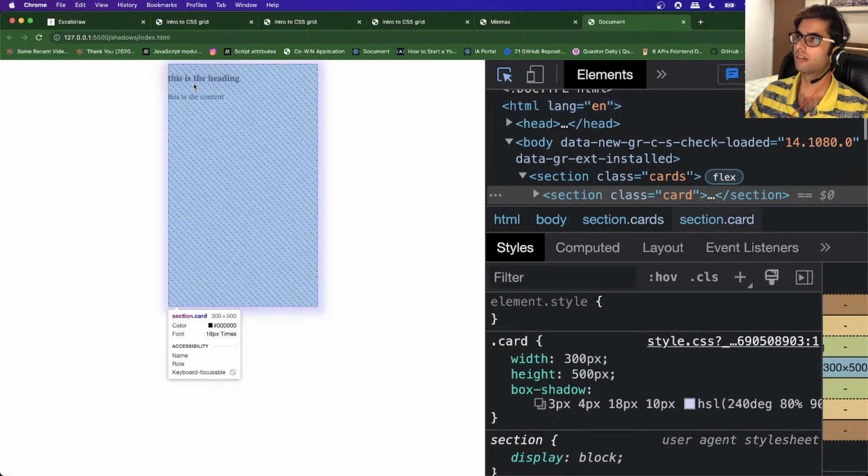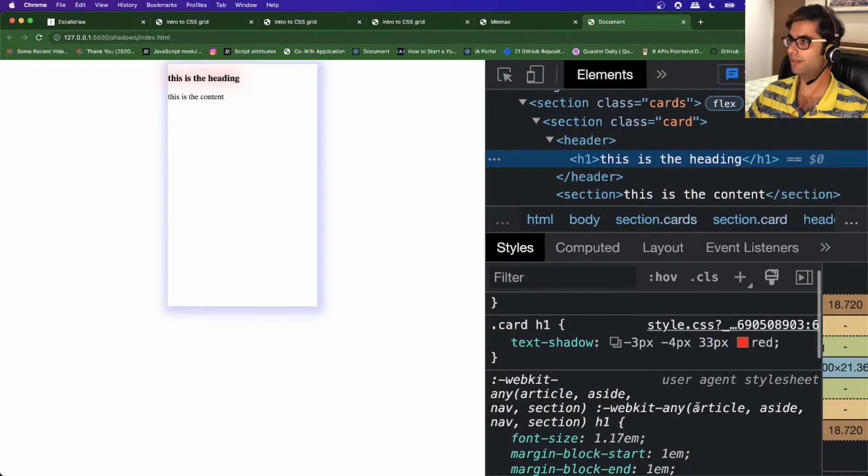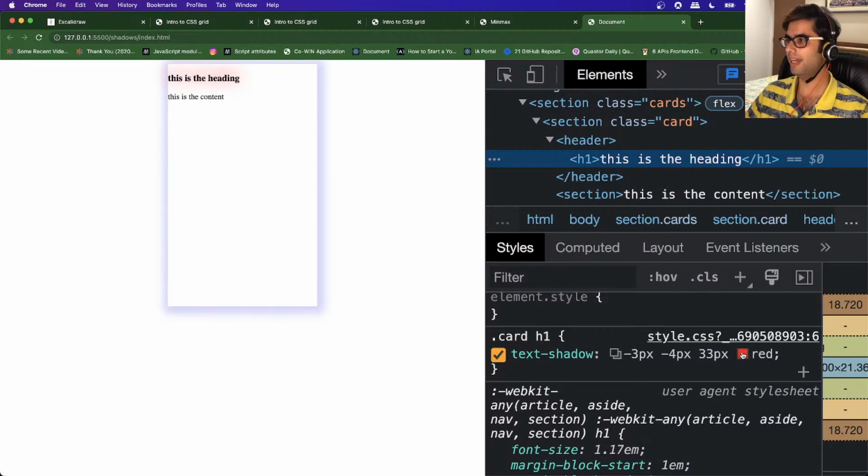Okay, let's fine tune this. So we have applied a red colored text shadow for this. Let me reduce the blur value, and you can see that this heading has a shadow as well,